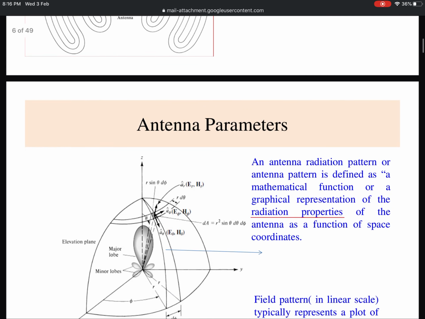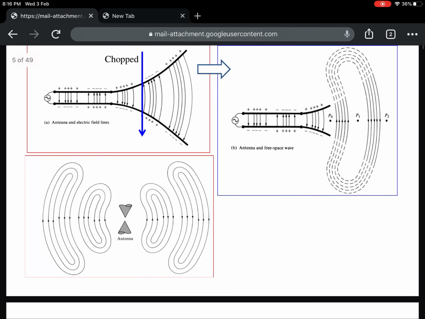Now, this is the launching of the waves, and it is a general concept that when you excite a guided medium, it will not immediately take part in radiation. You have to do certain matching, and only then will it be able to radiate, and that is the logic behind all aperture antennas. This launching was better explained when we deal with horn antennas. But this is just an overview of how the launching takes place and what things you have to take care of for radiation.